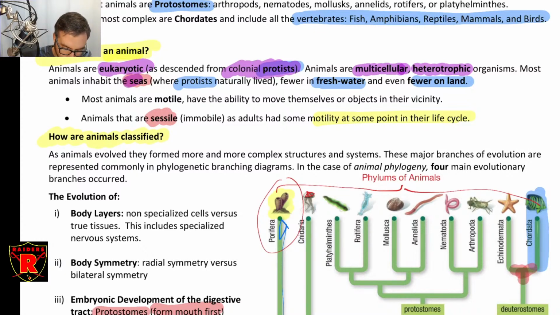Most animals are aquatic, which may be surprising to you. We're not aquatic, and so we don't tend to think about diversity as being much more common in aquatic environments than terrestrial, because we live in a terrestrial environment, and so we tend to only think of the living things that we see around us, which makes perfect sense. But in terms of diversity, the vast majority of animals live in water. So we also evolved from water, so animals were obviously present in water long before they were present on land.